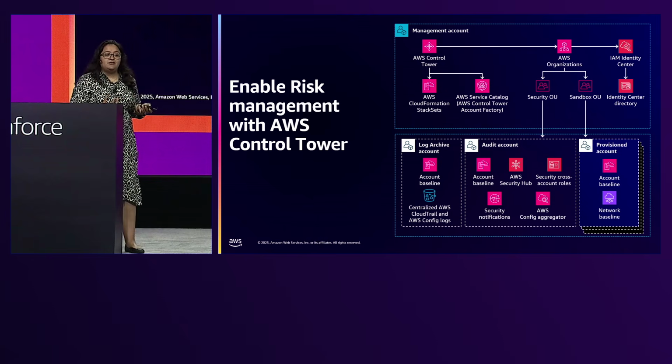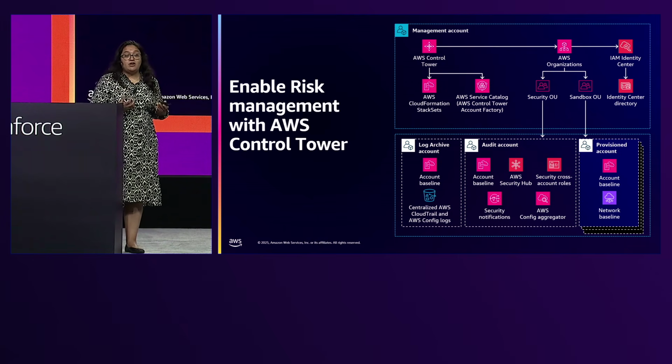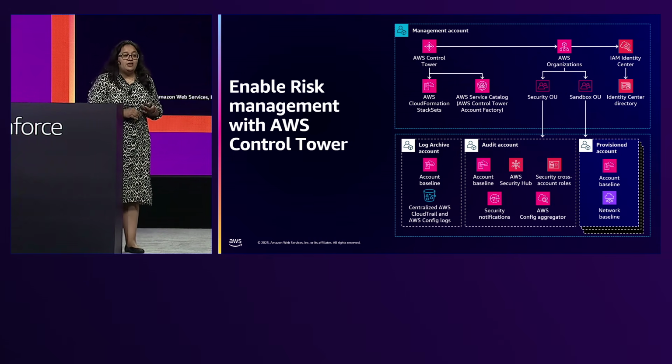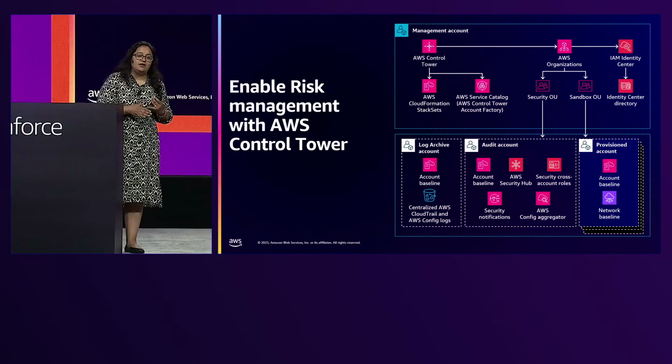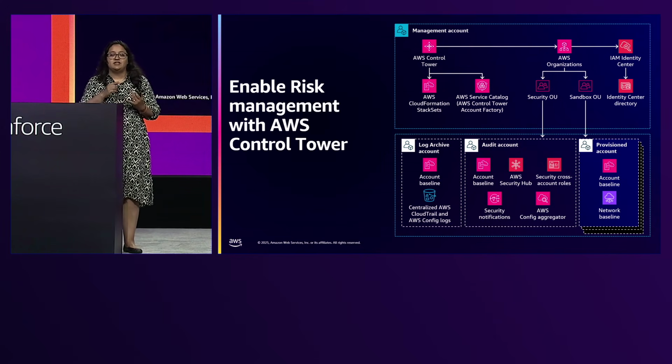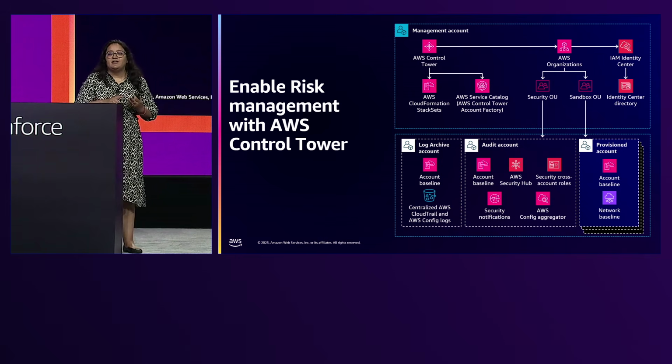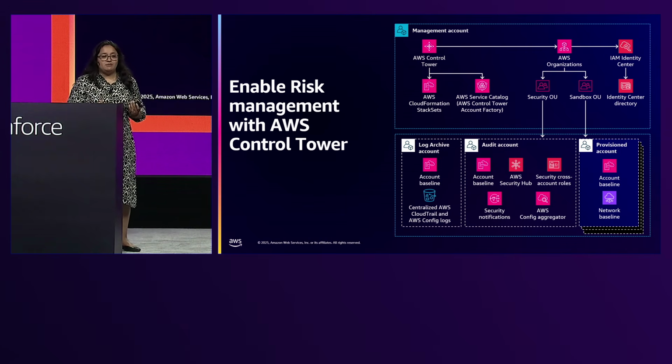It comes with automated account provisioning. You can deploy new accounts very, very quickly, and you can be sure that all of the policies are attached to those accounts. So again, security as the best practice from the get-go instead of as a secondary thought. And then, using Control Tower, you can enable services like AWS Config, Security Hub, and CloudTrail to make sure you have the compliance checks. You're monitoring if something is deviating or a resource is non-compliant, and you have all of the information to react to. So everything can be established through Control Tower.